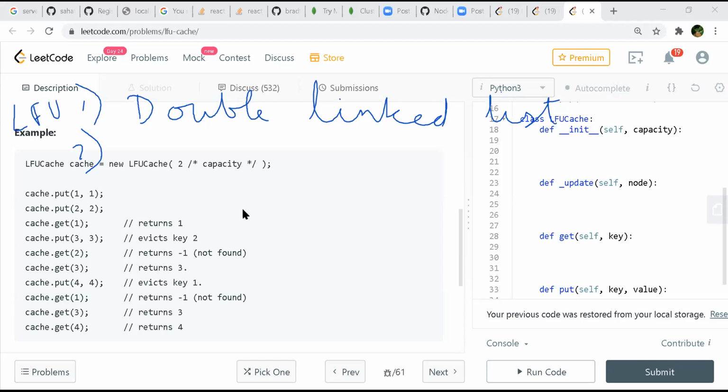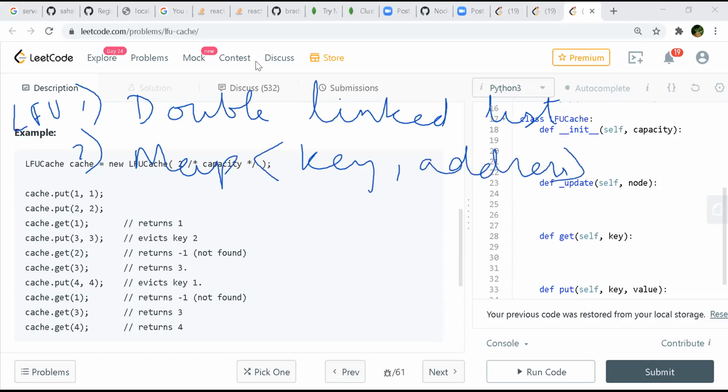Yeah. So you have a map, and we're going to store the key with the value as the address of the node in the linked list. That does make sense, right? But Harshit, even if it's a linked list, there is no proper way to get to this address.